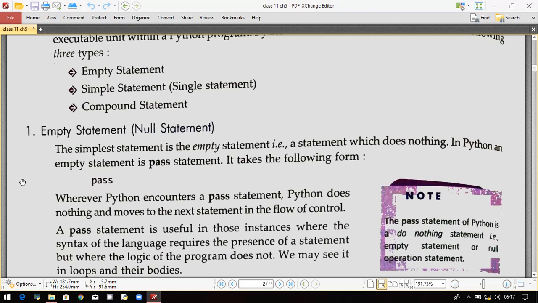Okay, if you want the program to work fine and there is a situation where you don't need to do anything, you only need to pass it to the next line, in that condition you will be using this empty statement or the null statement. The first thing is the null statement, and how we are going to use it is with pass. You have to use this pass in the programming so that you can emphasize this null statement. Okay, wherever Python encounters a pass statement, Python does nothing and moves to the next statement in